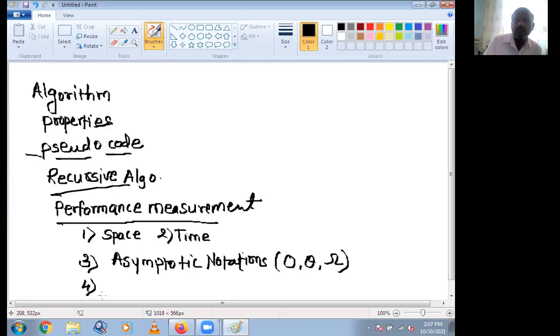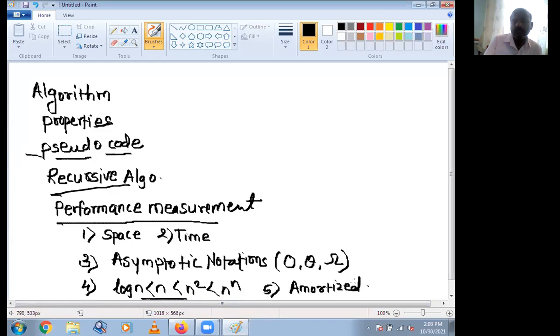Then we have seen different examples on these, then graphical presentations of different functions, that is log n is less than n is less than n square is less than n raised to n. We have seen this general formula. Then the last part we have seen is amortized complexity.